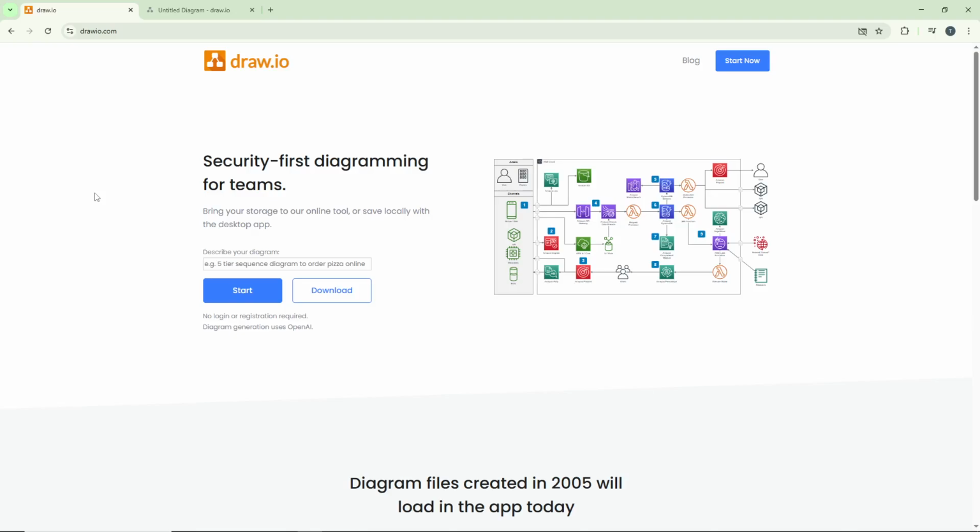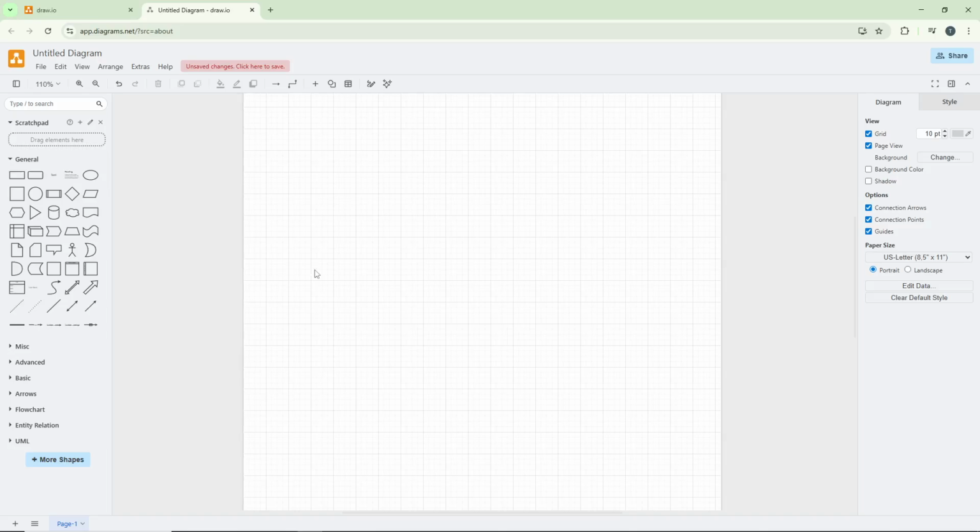First, open your browser and head over to draw.com. Once you're on the home page, you'll see a start button right there waiting for you. Go ahead and click on it. This will redirect you to a new tab where the actual diagram editor opens up, giving you a blank canvas